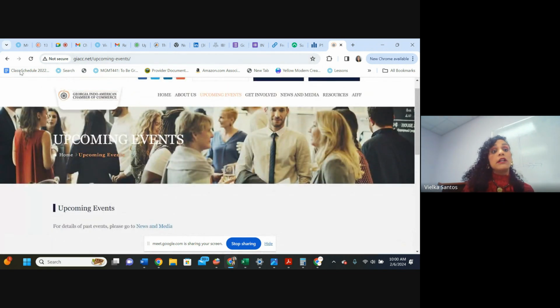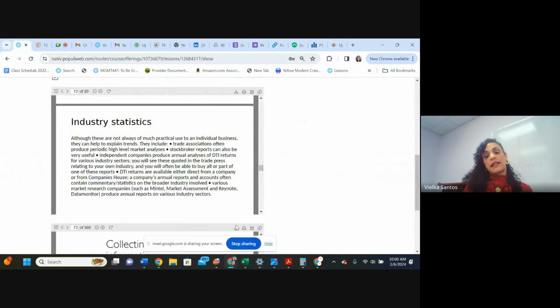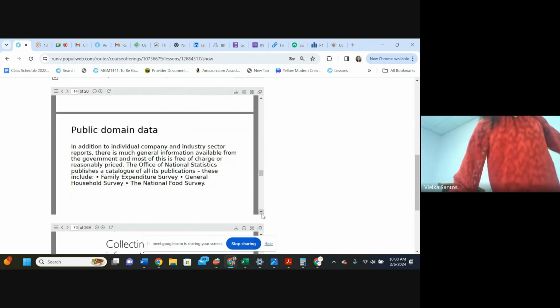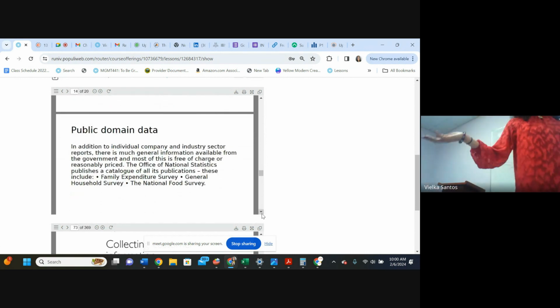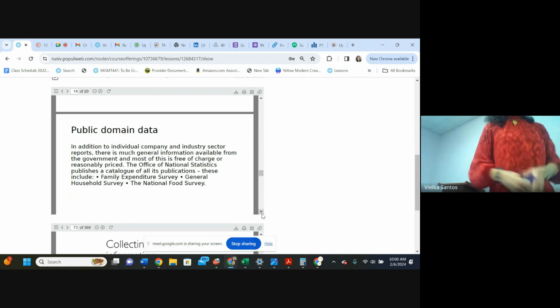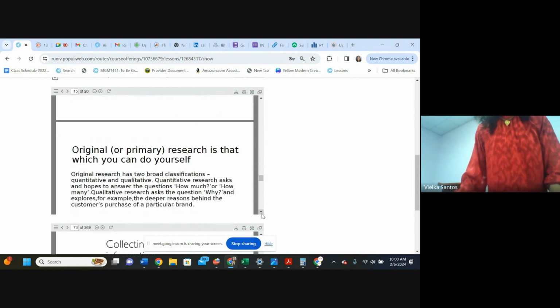So something to explore in terms of research, and those communities will give you industry statistics that you can use for your projects too, okay? So public domain data doesn't need too much explanation, right? Available for the public, National Food Service. So those are information that we can access through the web, very easy now than before.